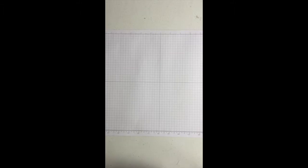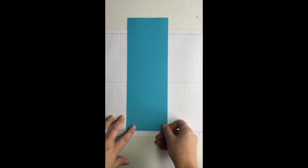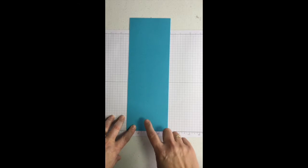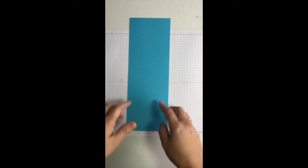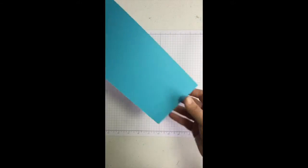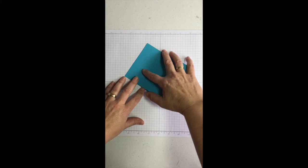So what you're going to need is a card base. I've chosen Tempting Turquoise for this. I'm doing the 13th birthday card. Now my card base is 4 1/8, so it's simply an A4 piece of card cut in half down here. So it's the length of the card by 4 1/8 inch this way. So you need one of those, and you're just going to do the regular thing. You're going to fold it in half